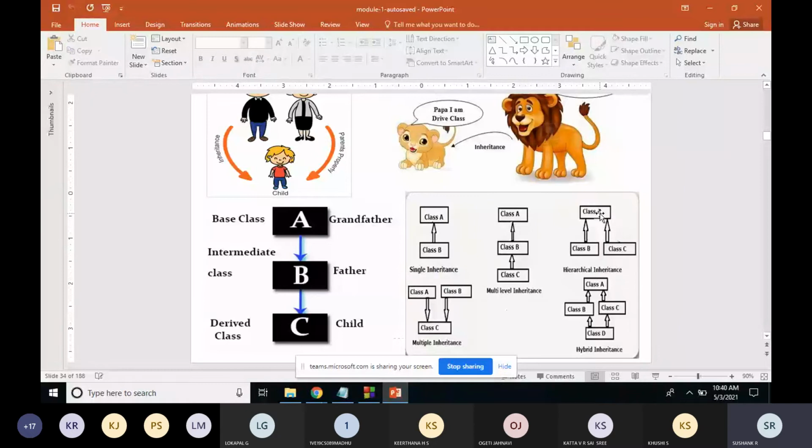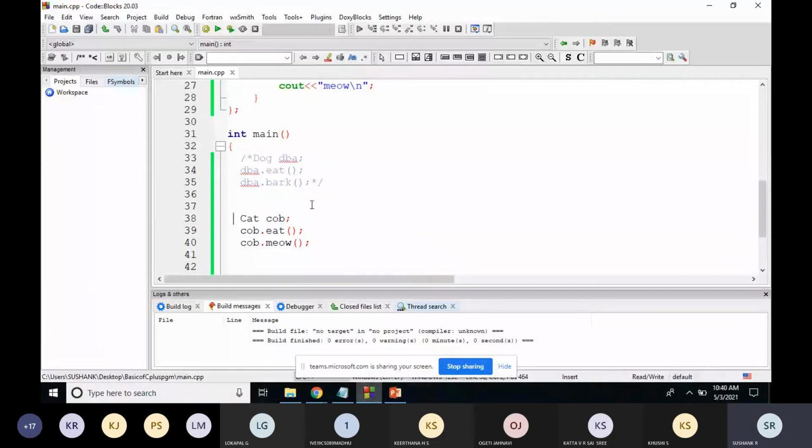The Animal class contains a function called eat that is being used by the classes Dog and Cat, that you can check. So now I'll just uncomment this. So you can see, the first one, I'll write it as dog class.